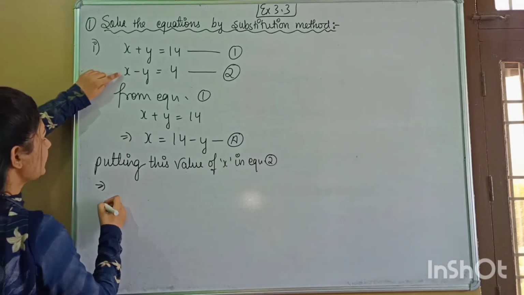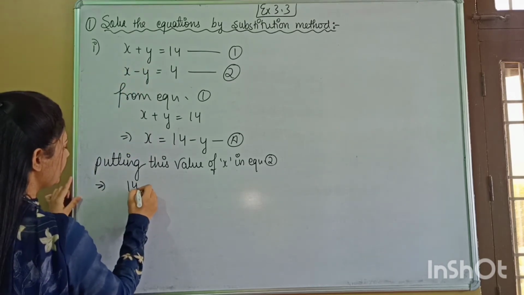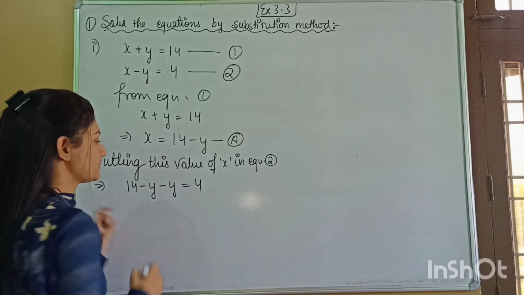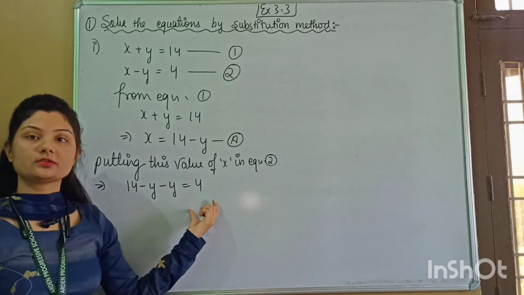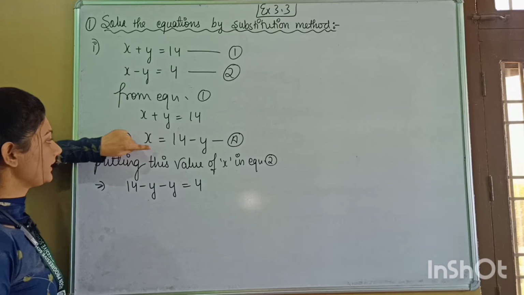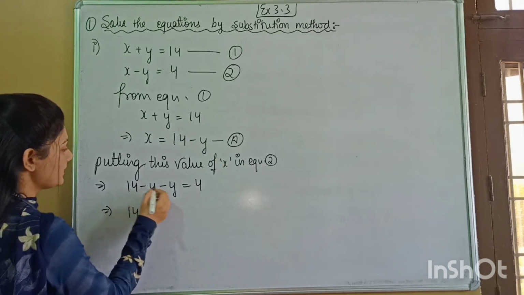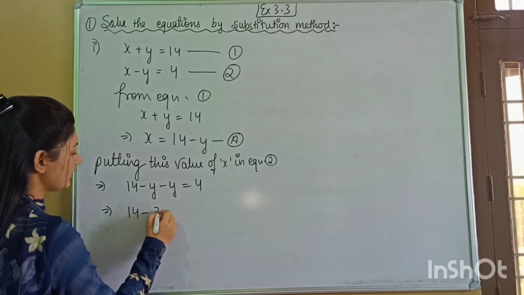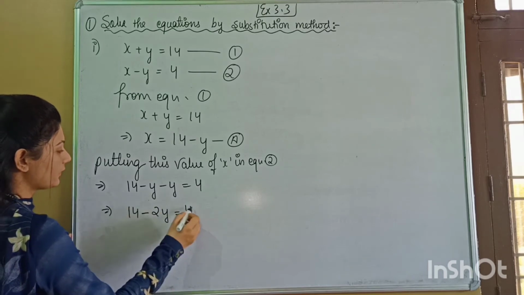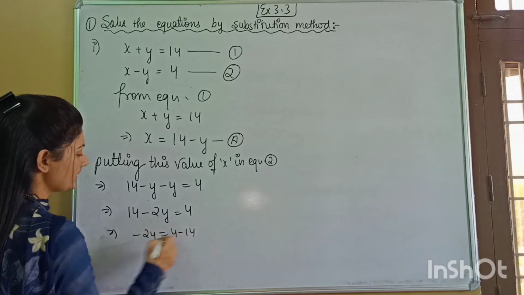So what is the equation? X minus y is equals to 4 and in place of x we will write 14 minus y. Then this minus y will be written as it is equals to 4. Rest of the values will be written as it is only. Only in the place of the x we are writing the value 14 minus y. So here 14 minus and minus will be added and the sign will remain negative only, that is minus 2y is equals to 4. Now we will take this 14 to the RHS. So it will become minus 2y is equals to 4 minus 14.